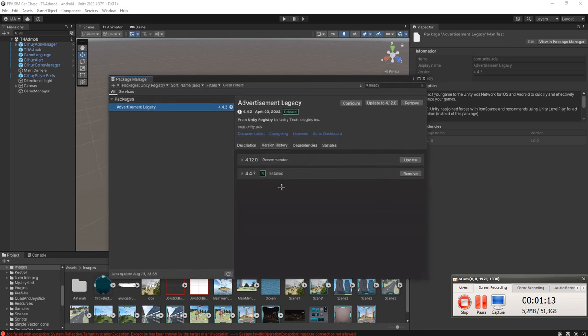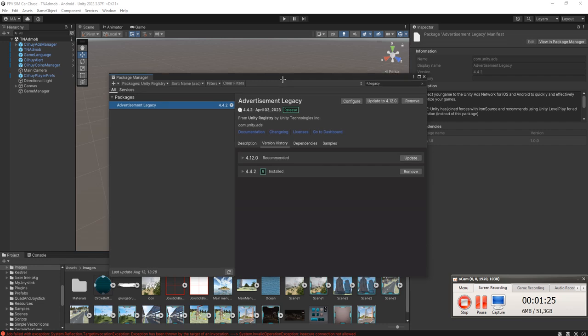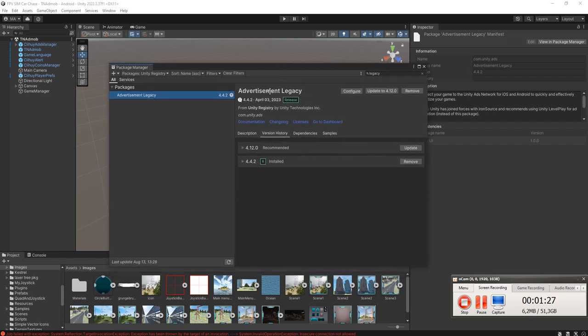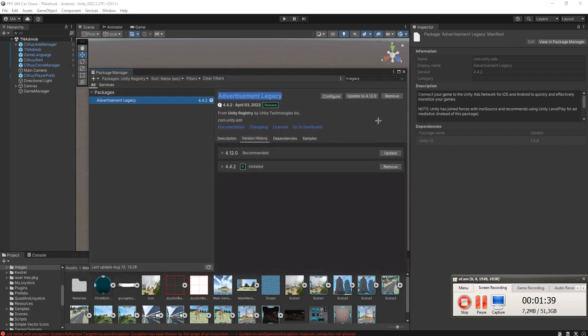So how do you downgrade, or install version 4.4.2 instead of the latest version? If you want to downgrade, for example, you are on 4.12.0 right now, you need to remove the Advertisement Legacy completely. Just go to Package Manager and remove this package completely, and then close it and go to your